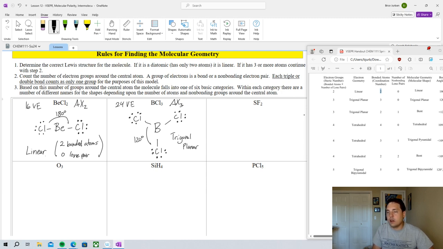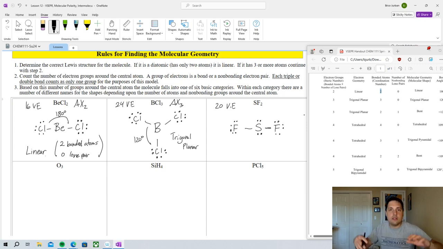All right, so if I have this molecule, sulfur difluoride, which has 6 plus 14 or 20 valence electrons. When I go to try to draw this one, if I were to put the fluorines on either side and distribute the electrons, we would get this Lewis structure. But what we want to do is, instead of drawing the Lewis structures here, we want to try to draw the molecular shapes. And this would be the incorrect way to draw the molecular shape, because